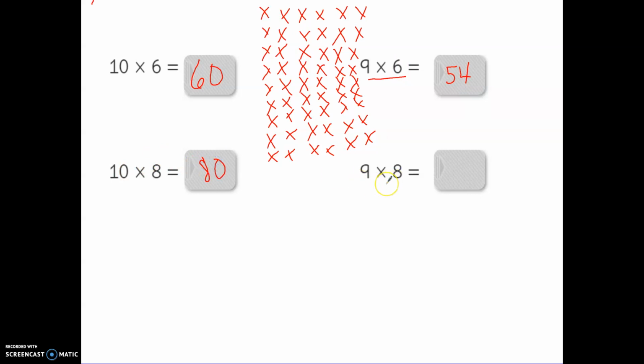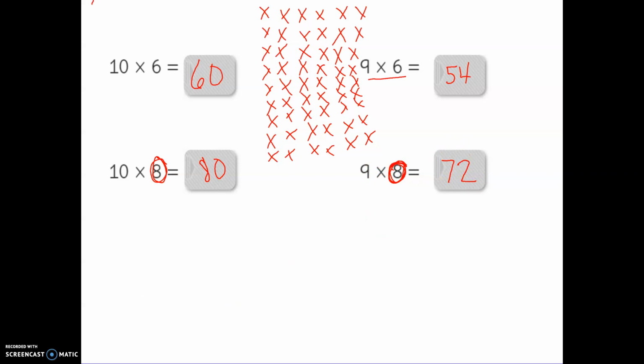Our last problem is 10 times 8, which is going to be 80. I have 9 times 8, which means I'm not adding a group. I'm subtracting a group of 8. I could make an array for 10 times 8. But if I know that 10 times 8 is 80, and I'm going to take away a group of 8, it's going to be 80 minus 8, which will be